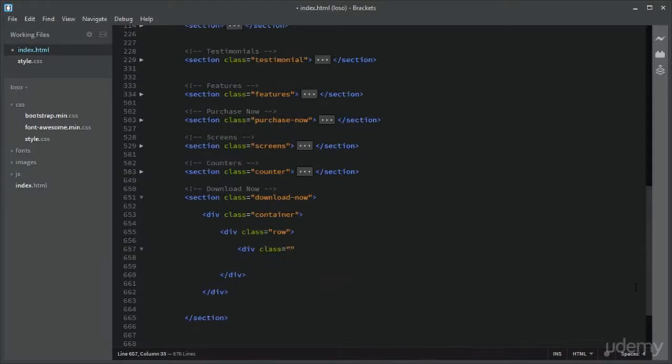So we can center align the heading and the paragraph with column MD offset of 1, and inside that we will add the heading class, which is section title, h2 with download now,